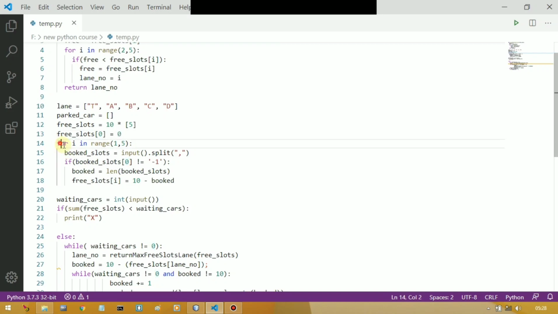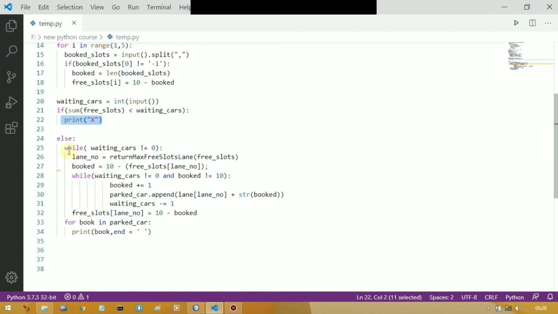Okay, and we are taking inputs for 4 lanes. After that we will take the waiting cars and we will first check if the sum of free slots is less than waiting cars, in that case we will print X, otherwise we will use that logic which I explained to you, and at the last we will print the booked slots. Okay, so I hope you understood.